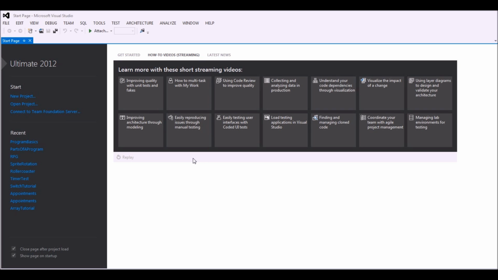If you've downloaded a different version, say 2010 or just Visual C Sharp 2010 or 2008, the method for starting a new program should be the same, but the start page itself might look slightly different. It still should work. So what I'm going to do is show you how to start a